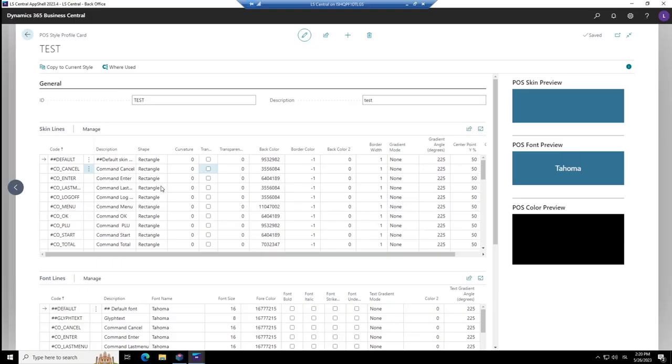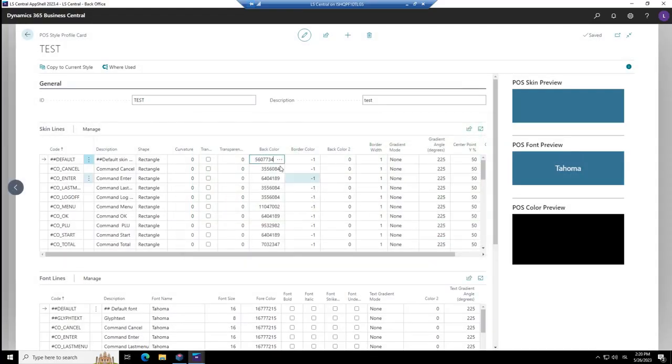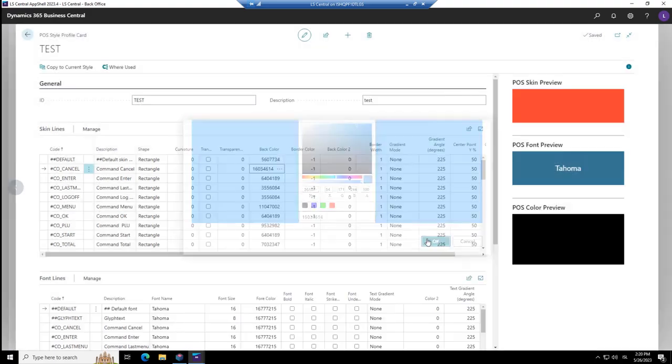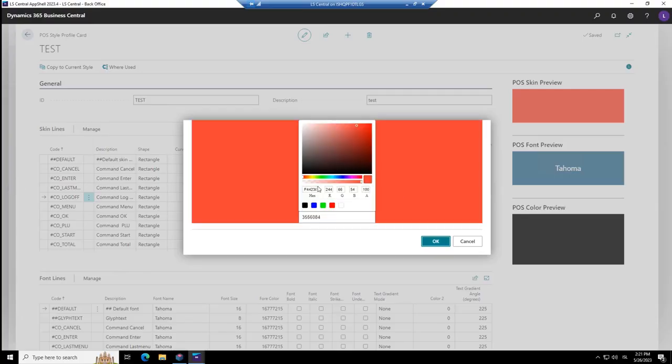And the idea is that you will change the colors to any colors you like. So you could go to back colors and change it to something. It's blue, we go and take it to green. You could take the command cancel from red as it is there to something maybe blue, and etc. Let's do log off as well, and do something like this.